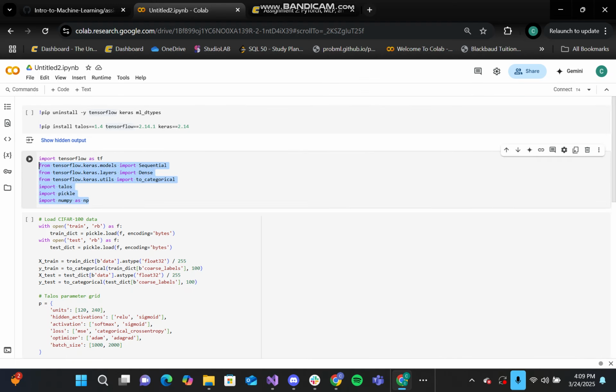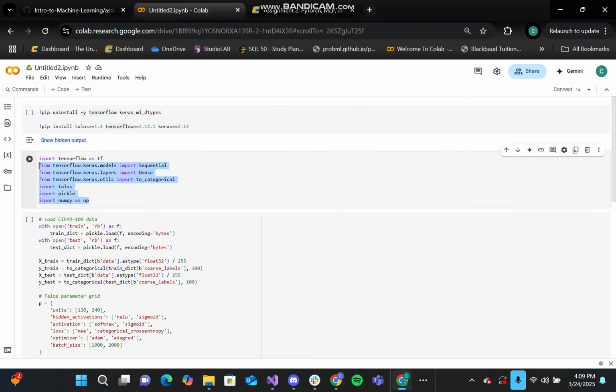And then I have this separate just to make sure everything was working correctly before jumping in. I'm loading the data here, and then separating into training and testing based on that. Back. This project is to use Talos to explore the 64 different hyperparameter combinations while training a neural network on the CIFAR-100 dataset. So as you can see, the data set was loaded appropriately, and then the neural network training